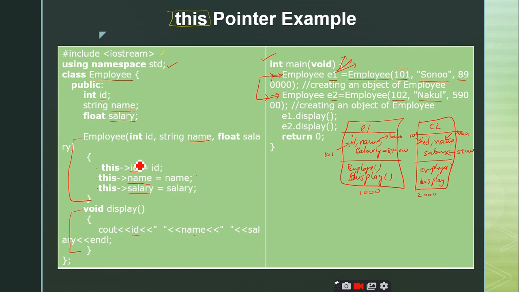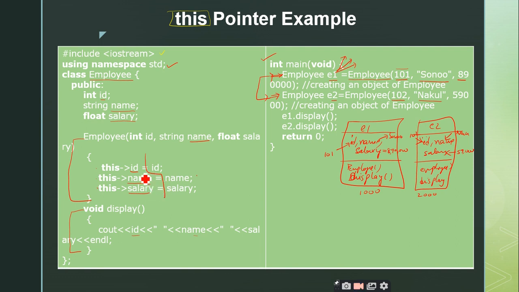If you look at the LHS of these equations, the left hand side is id, name, and salary. These three belong to the data members of the employee class. That means if you invoke this parameterized constructor using an object, the left hand side belongs to the object, and the right hand side id, name, and salary, which are written exactly like the names of the data members, are the parameters passed by the user. I have to distinguish these two, right?